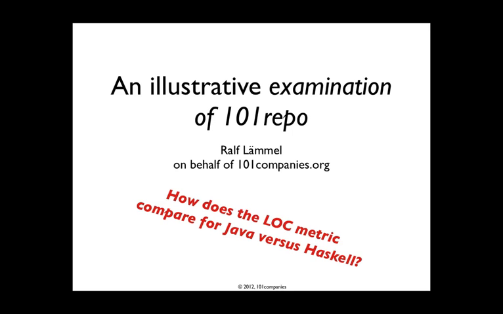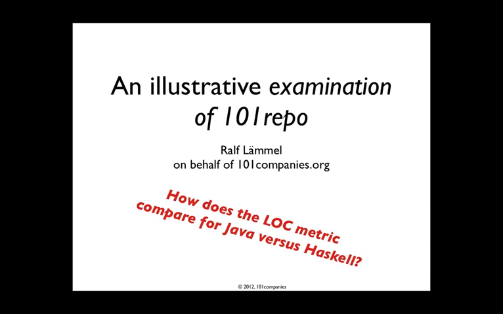This is Ralph Lämmel, and I would like to show you how you can easily examine the repository of the 101 Companies project. I will do this by means of a software matrix experiment such that we determine the lines of code metric for Java and Haskell files in the repository, and then we somehow draw a conclusion from that